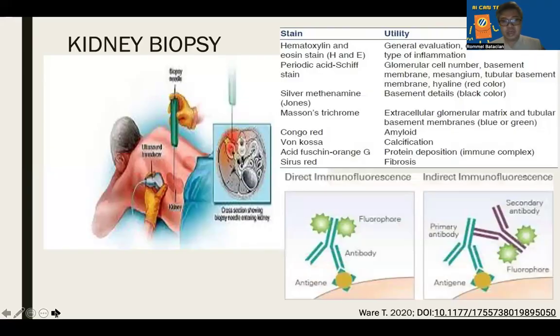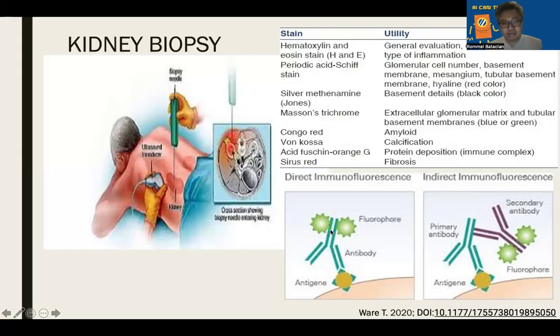And then the next would be immunofluorescence. This is a substance, a chemical, which contains an antibody with a fluorophore. So this is like a glow-in-the-dark pigment, and you use a special type of microscope. If, for example, that antigen is present because of the glomerulonephritis in that individual, the antibody binds to the antigen.